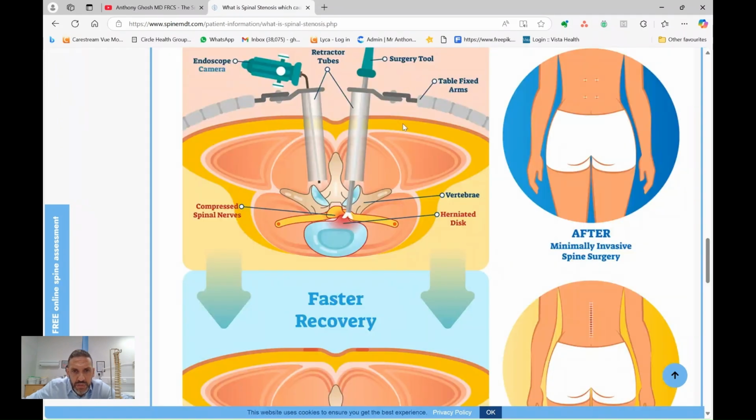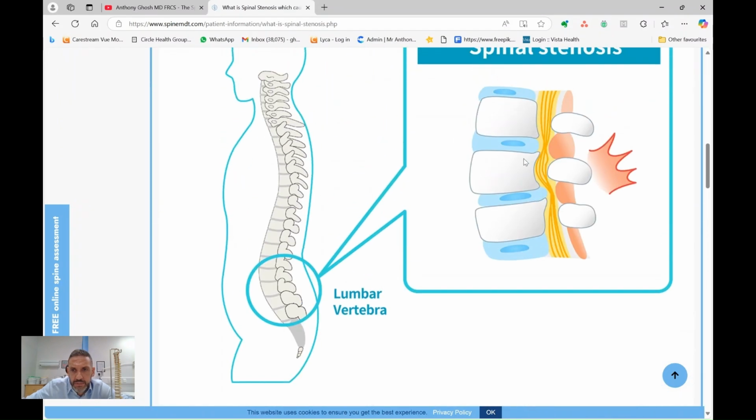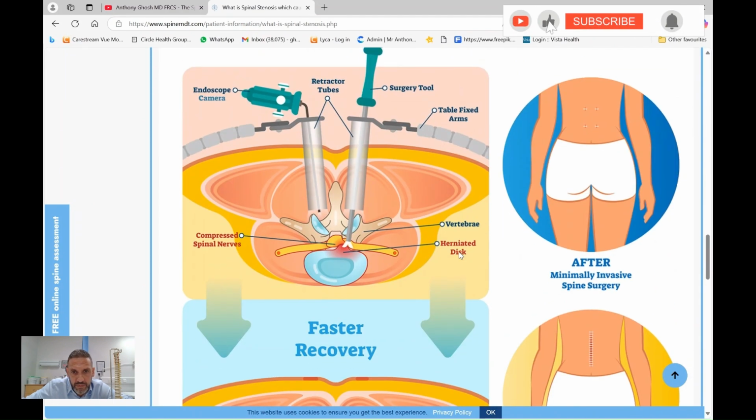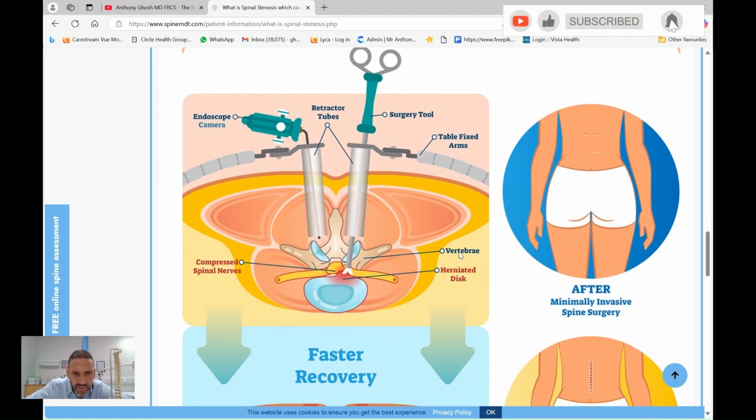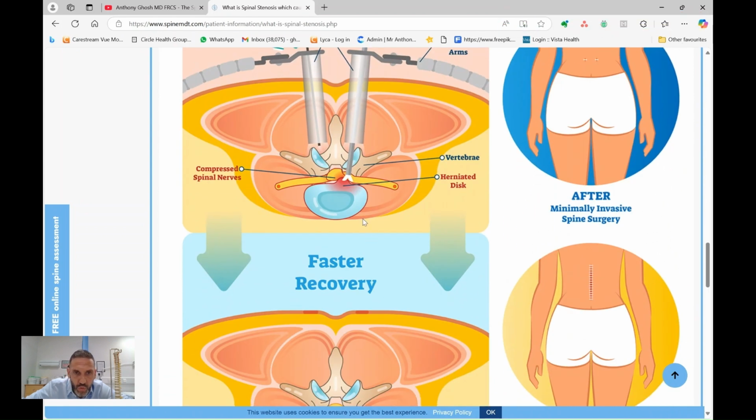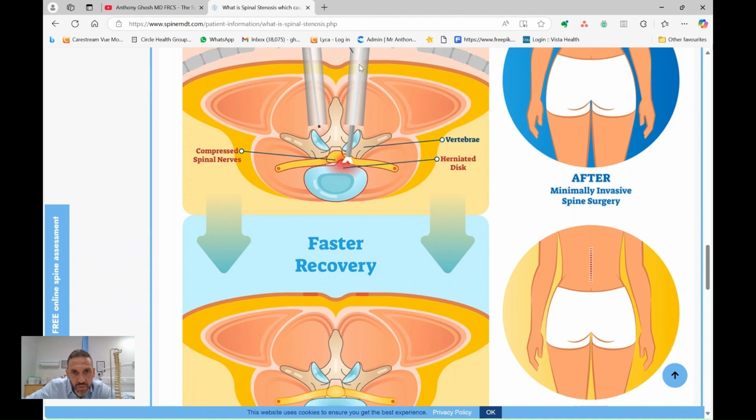If it's in the lower lumbar spine, such as stenosis, which we mentioned earlier in the video, then the surgery that I tend to perform, and I've discussed this in a separate video on lumbar canal stenosis or spinal stenosis, is a minimally invasive decompression, where you have a very narrow approach with a small incision in the back. And through retracting tubes and a microscope, you just remove all the thickened tissue in the spinal canal to free up the nerves around the spinal canal.